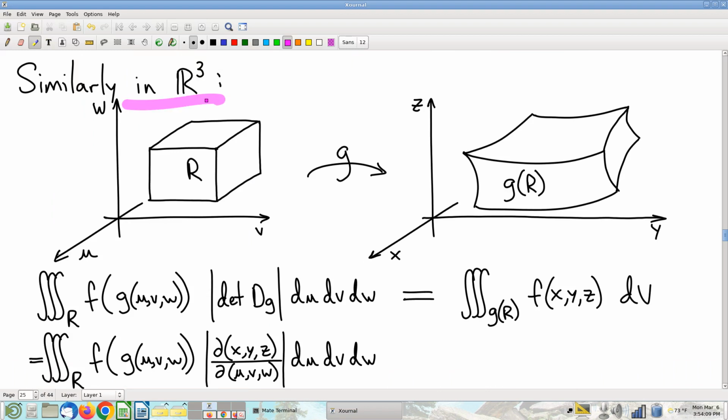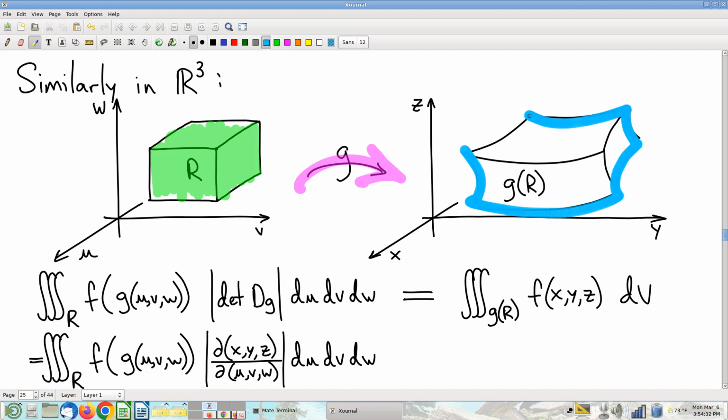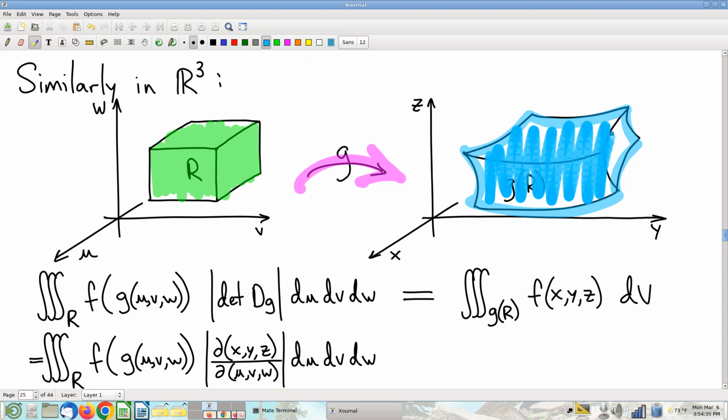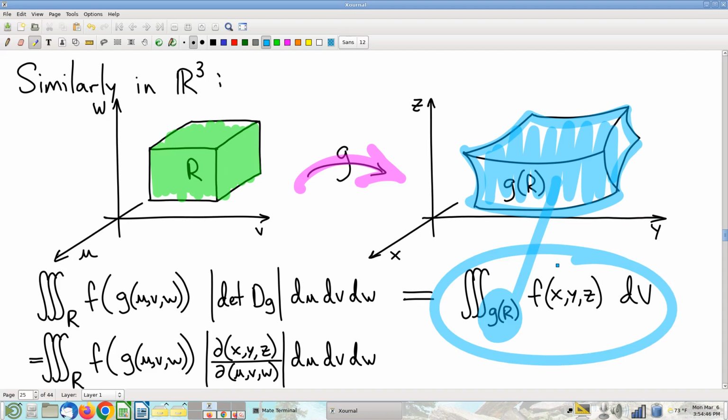What if you're in 3 dimensions? We were strictly in 2 dimensions when we first approached this. I'm going to point out that in 3 dimensions, it's morally the same thing. If you have a nice volume, not area, and you apply a change of variables function, thus giving you a weirder volume, and if you somehow find yourself, and again, not rare, doing a triple integral over that image volume as your domain,